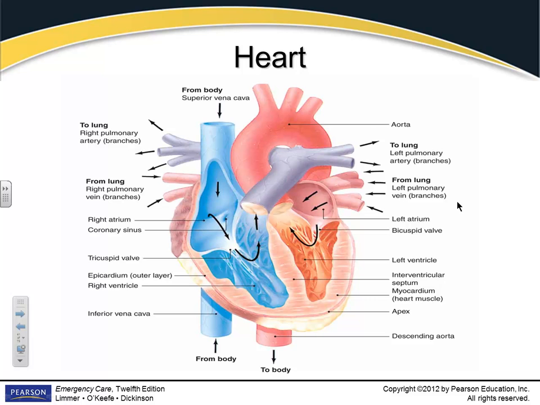So the blood, when you look through the pictures, deoxygenated blood is always going to be signified by the blue. Oxygenated blood is always going to be signified by the red. So that can help you remember the blood flow. So we're going to have the vena cava that bring the blood, deoxygenated blood, back to the heart. So the heart has 4 chambers. I'm going to keep it simple for you,